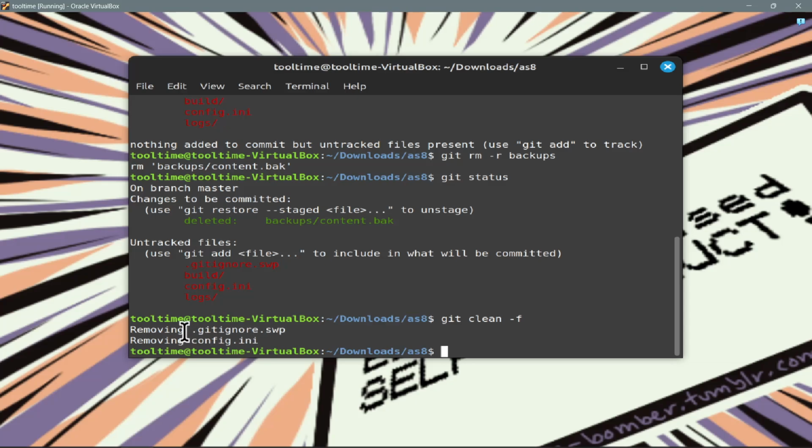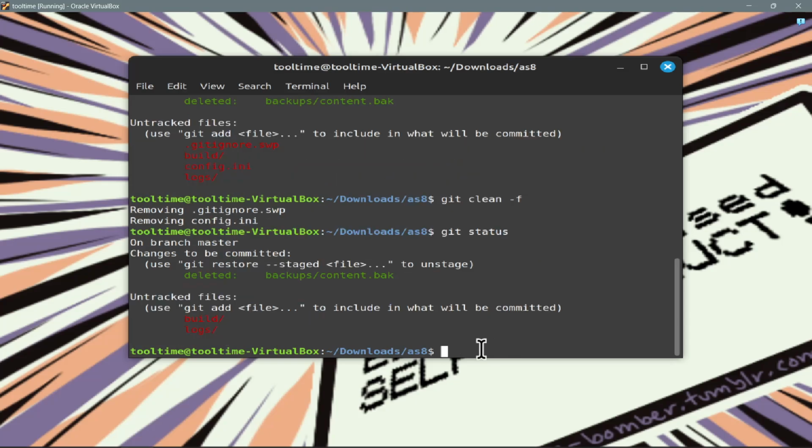And then here it shows that it's removing the git ignore and the git config. And then we will check the git status again. And it shows that now only 2 files are untracked, while here it still shows that the backups content